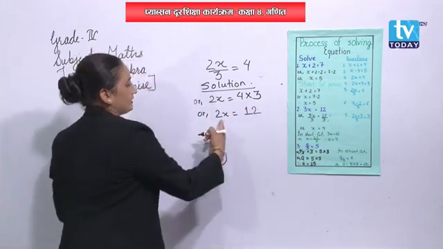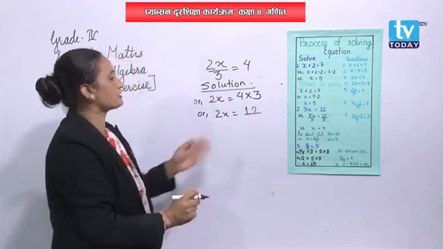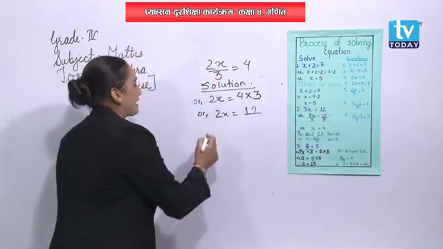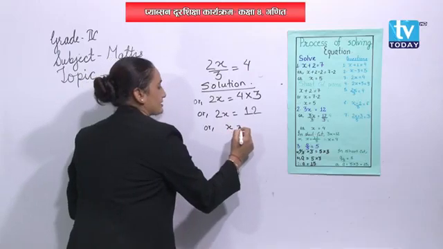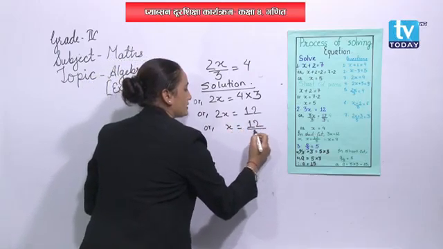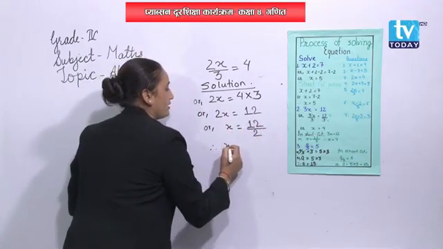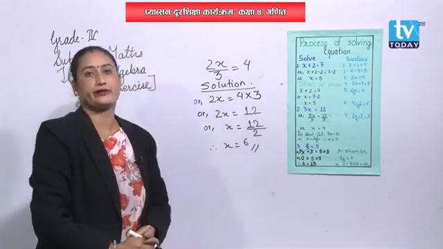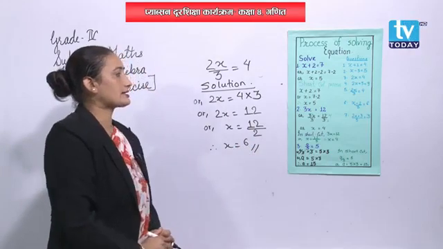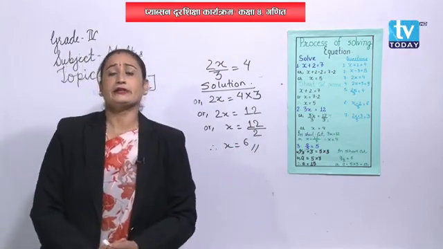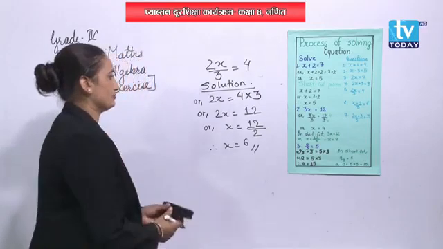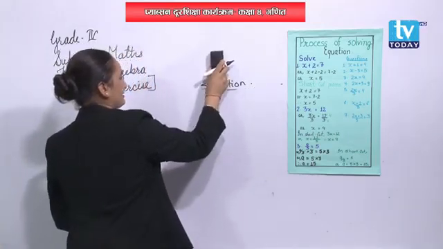So have you written? Okay. Then it comes in the multiple form just like question number 3, right? So let's divide. x equals 12 divided by 2. Therefore, x equals 6. Answer. Right, students? I hope you can solve this type of questions. If there is a plus sign and minus sign, then what shall we do?